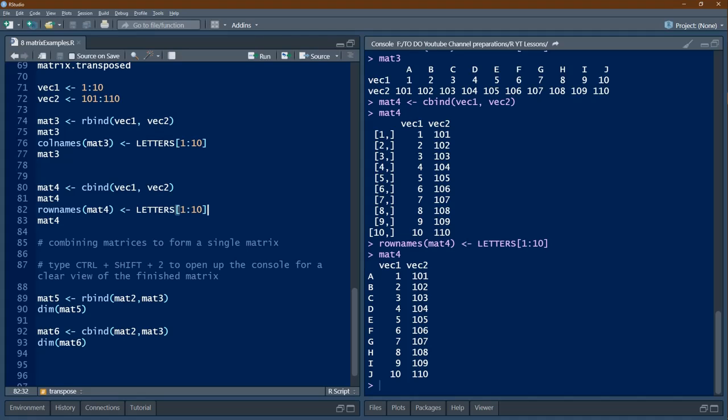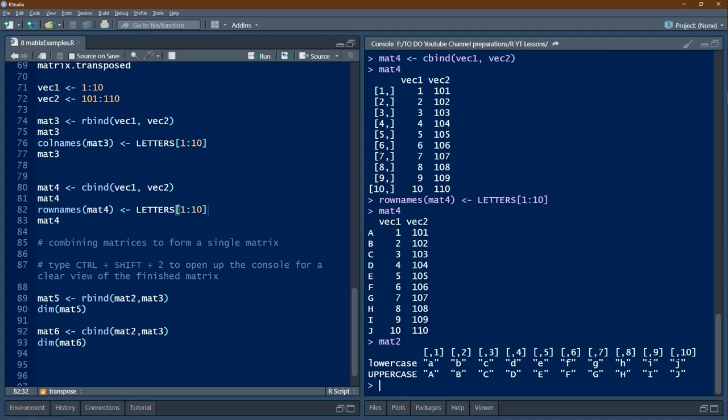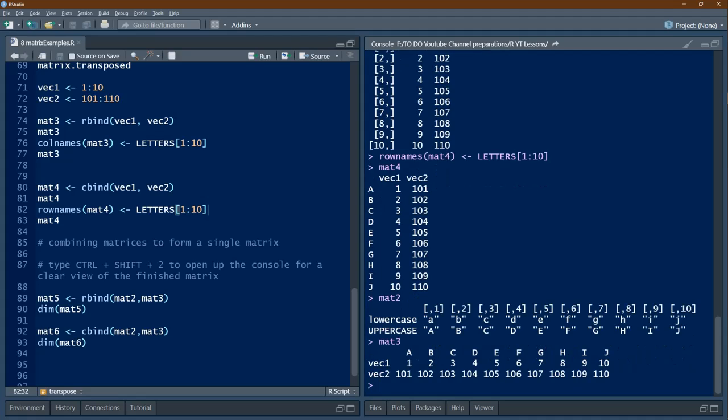Let's take an example of mat2 and mat3 which we have already created. So let us repeat them here. mat2 is this, mat3 is this. Now what we are doing is rbind. So here 2 rows are here, 2 more rows are here, all 4 rows let us combine and create mat5.